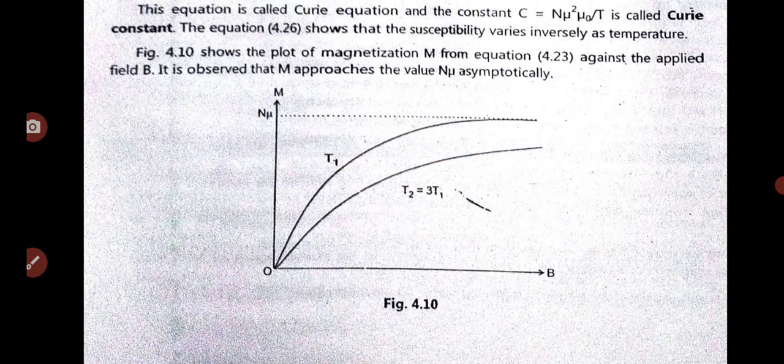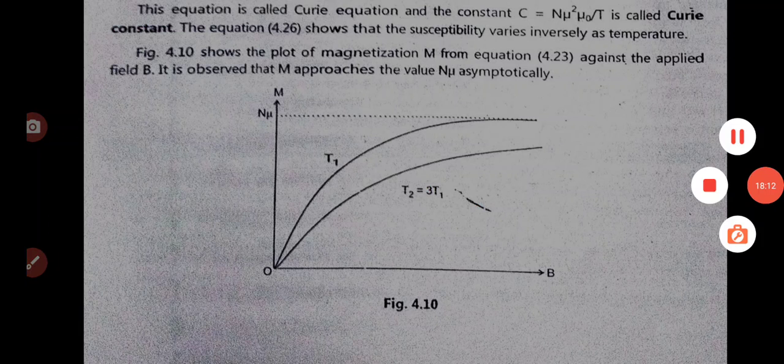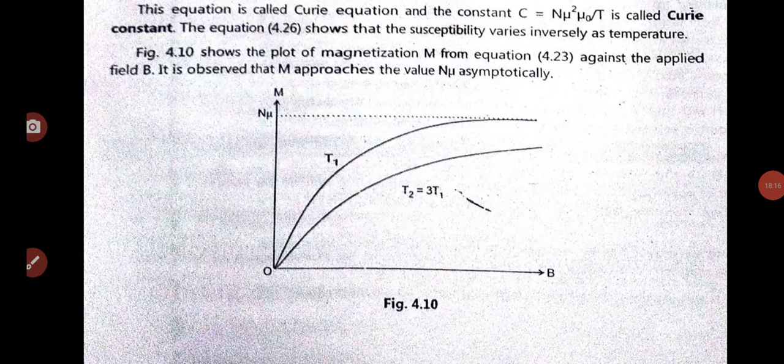In this chapter we have seen that a paramagnetic substance, when placed in an external magnetic field, is weakly attracted, and its susceptibility value is positive. The alignment shows the dipole magnetic moment, but when no external magnetic field is applied, it does not show a permanent dipole magnetic moment.